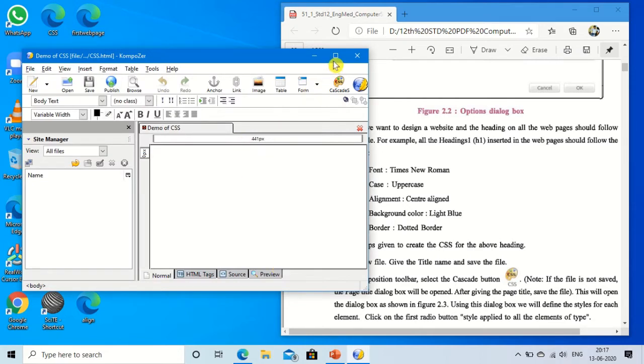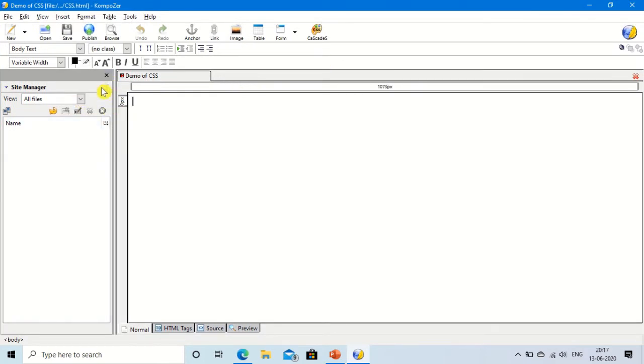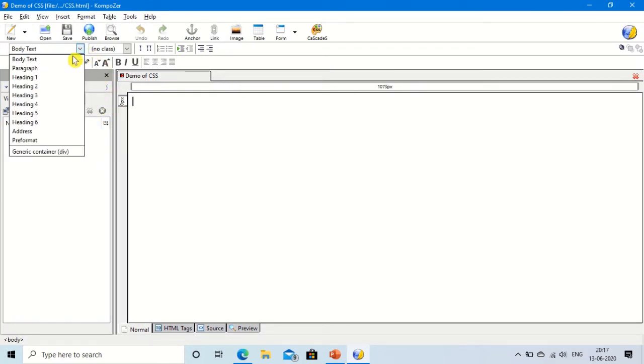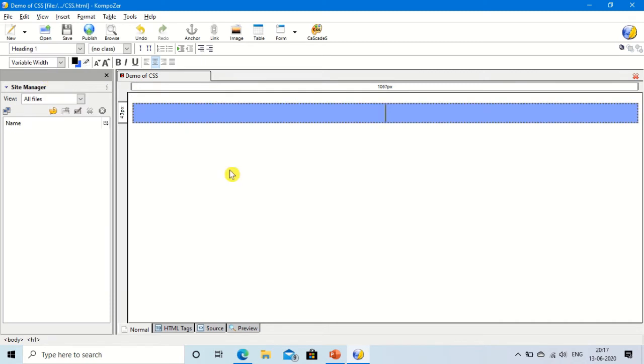Then how will this appear? So when we select here this H1, and if I write something, you can see, welcome to St. Thomas School, Surat. So wherever I use heading 1, I mean the H1, there the format I have applied will appear.